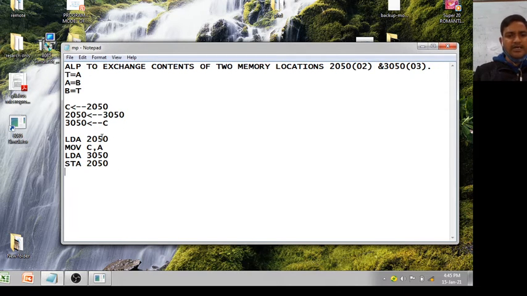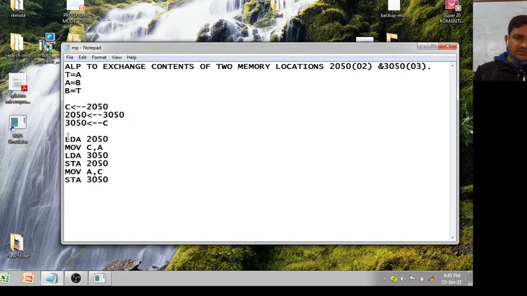Now you have to transfer contents of C into 3050. For this, first transfer contents of C into A. Why? Because data is available in C, and for STA or LDA the default register is the accumulator. Now STA 3050.